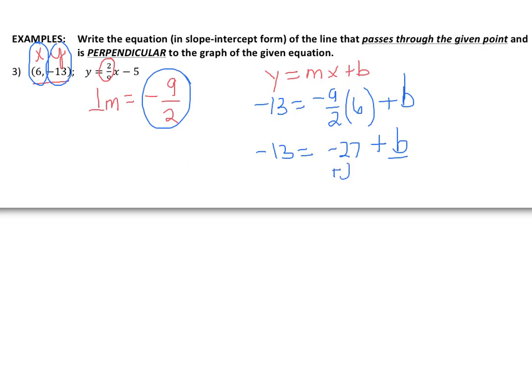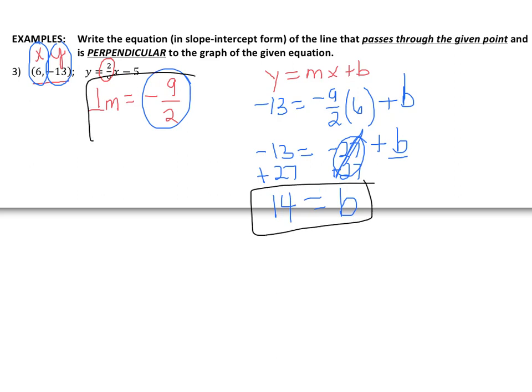So to do that, we're going to add 27 to both sides. That's going to give us our 0 pair right here. And so we're going to have on the right side b, and on the left side, negative 13 plus 27 is 14. So it looks like b is 14,